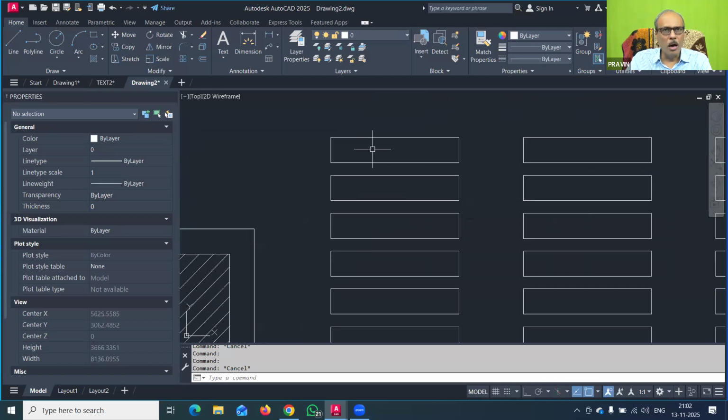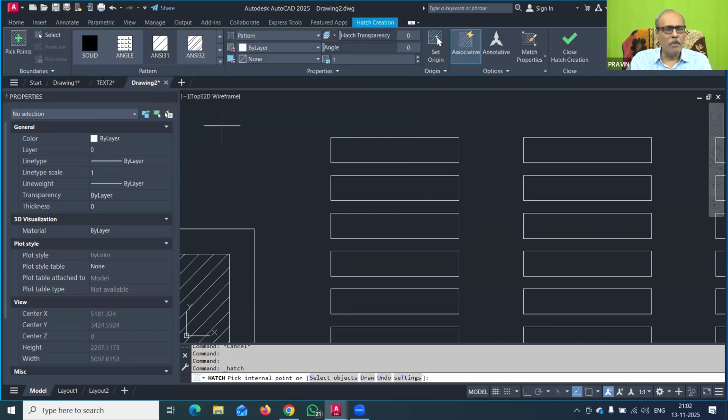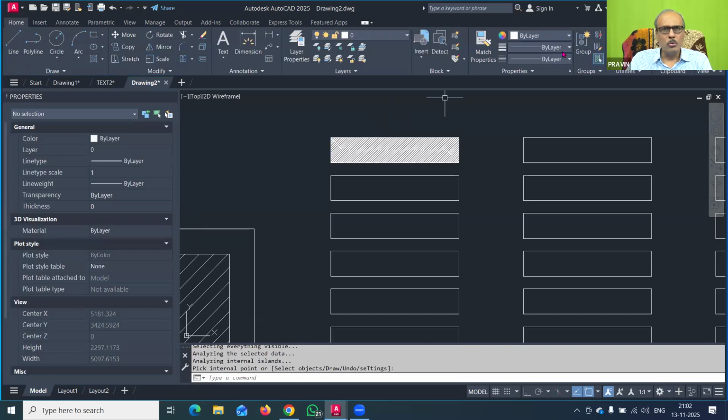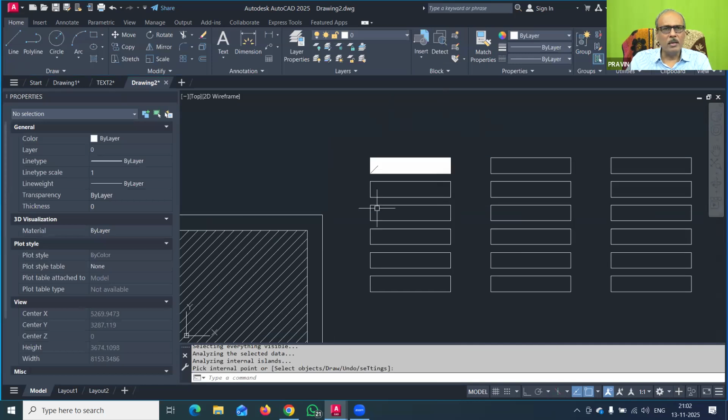Suppose this is a wall up to 30 and I want to hatch. I will go to the hatch command, and the command is very simple. Here on the command line, it is saying pick an internal point. So I have to click a point inside the area. I will click it here, click only once, and then close. You can see the pattern is not proper.